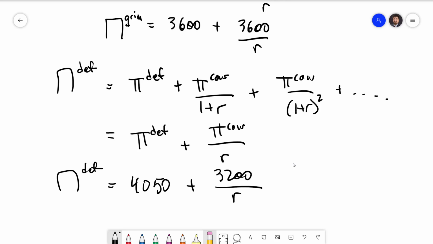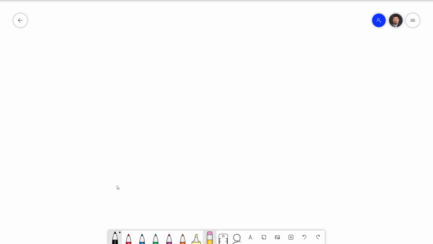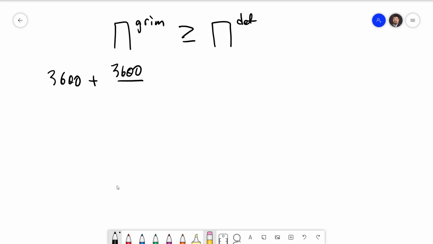Grim Trigger can give us a cooperative Nash equilibrium if the Grim Trigger present value is greater than or equal to the defection present value. As in our previous video, the Grim Trigger strategy can sustain a cooperative Nash equilibrium if that present value of the entire profit stream for Grim Trigger is greater than or equal to the present value of the profit stream from defecting. Filling these in, we have 3600 plus 3600 over r greater than or equal to 4050 plus 3200